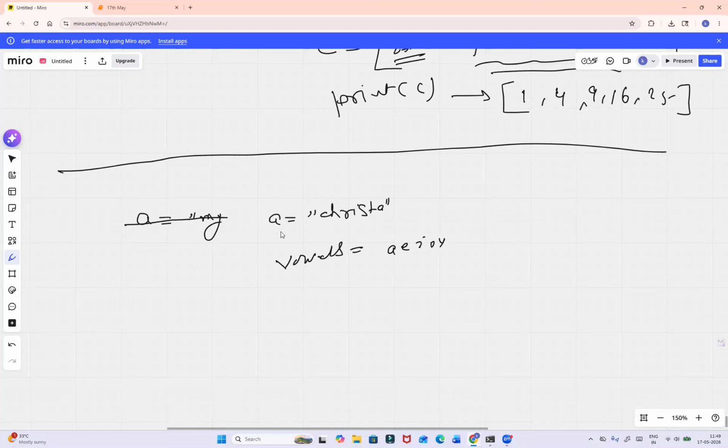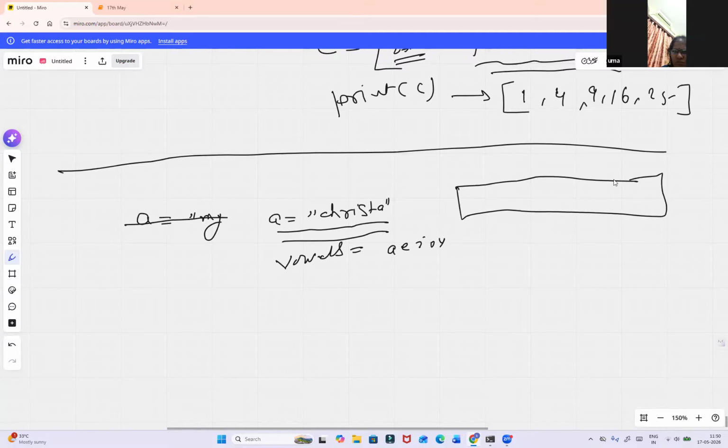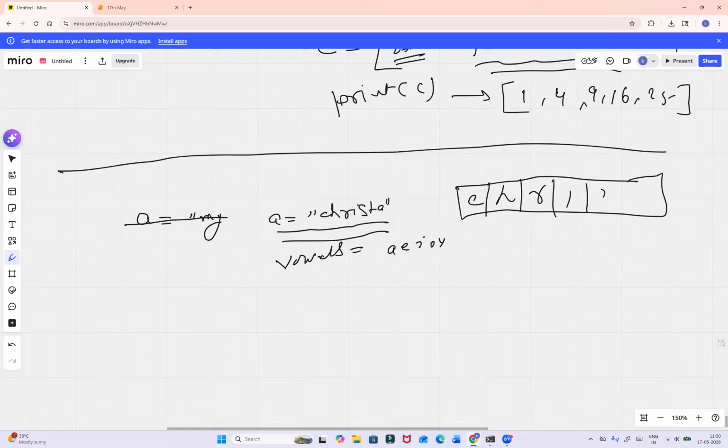So if you want to extract vowels from here, what you have to do is run a for loop against each character, because in memory it will be assigned like this: C, H, R, I, S, T, A. This is index 0, 1, 2, 3, 4, 5, 6. So you run a for loop for i in a, giving a tab space here. Right? If